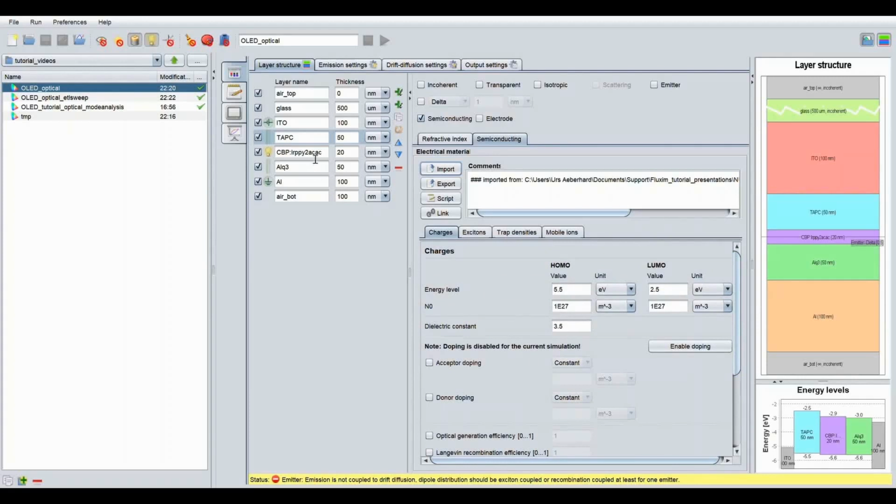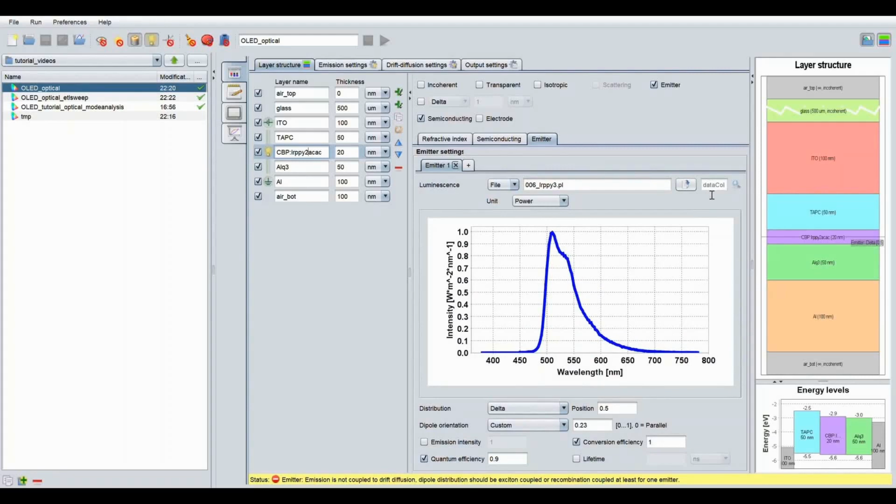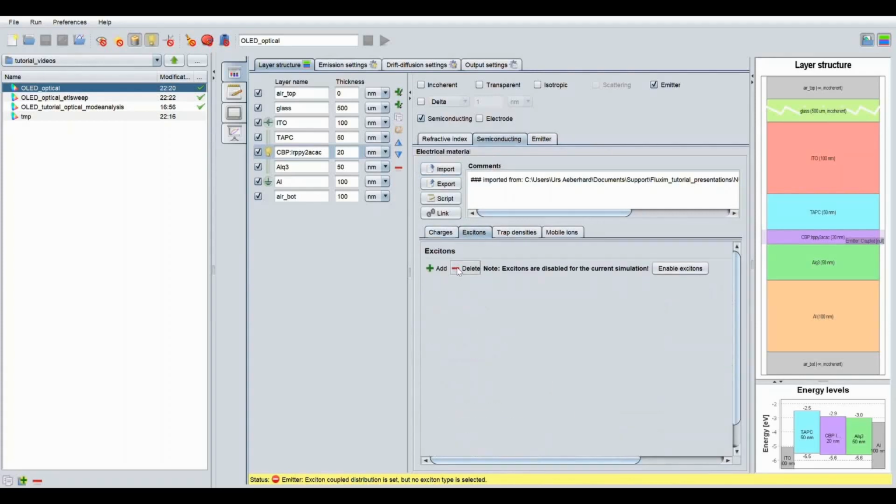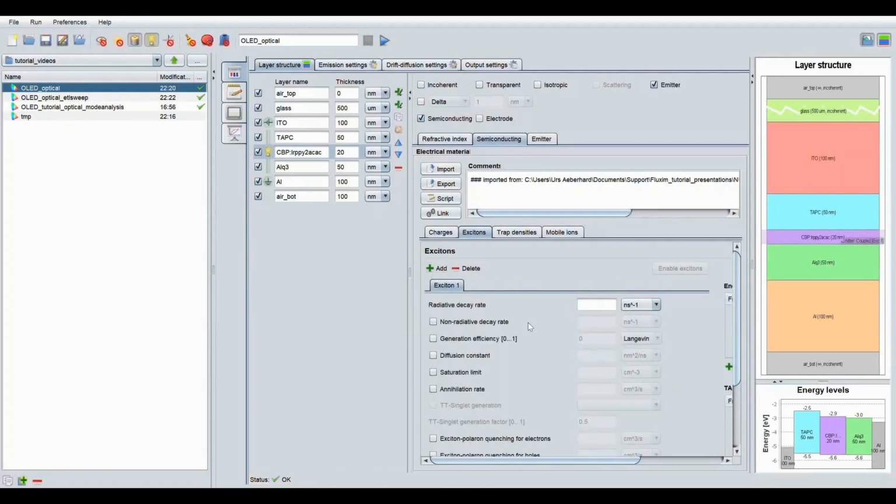Now I can go to my emitter properties and change the distribution of the dipoles to exciton coupled. So we use the actual exciton distribution. So we have to now specify the excitons. And for that, I go to semiconducting here. I have to enable the excitons and add an exciton population with properties like the radiative decay.